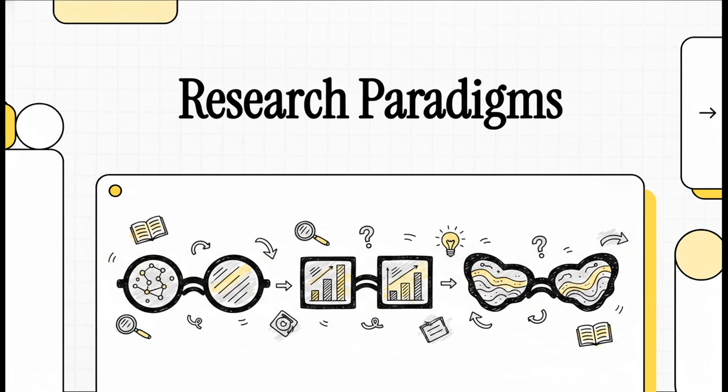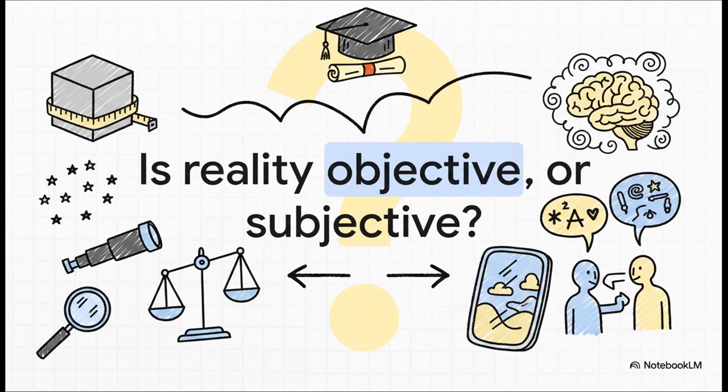I mean, it literally changes what you look for, how you look for it, and what you consider to be an actual fact. But before we throw any technical jargon your way, I want you to just consider a really fundamental question. Is reality objective? Just sitting out there waiting to be measured? Or is reality actually subjective, existing primarily inside our heads and in our shared human experiences? Now, this isn't just some late-night philosophical debate. This is the exact tension that completely divides the academic world and, honestly, determines how we generate all human knowledge.